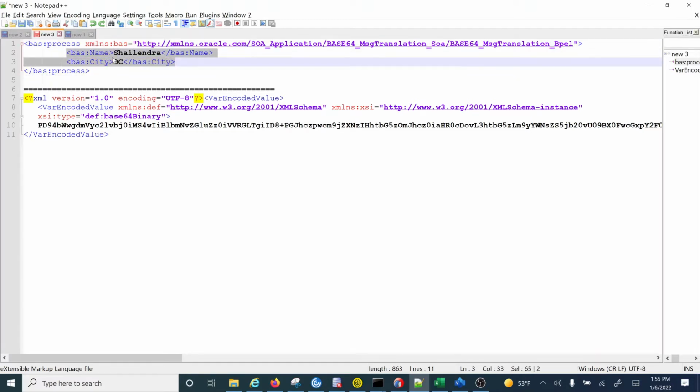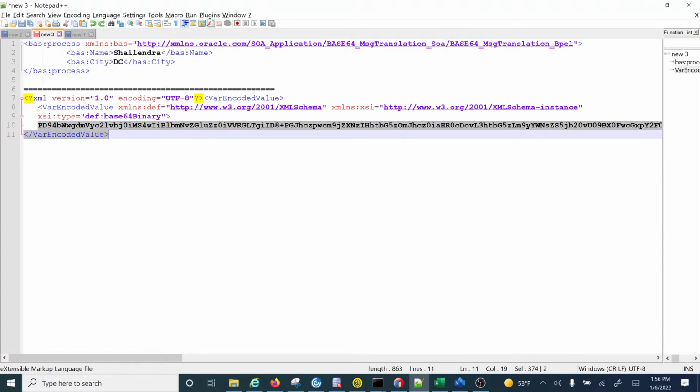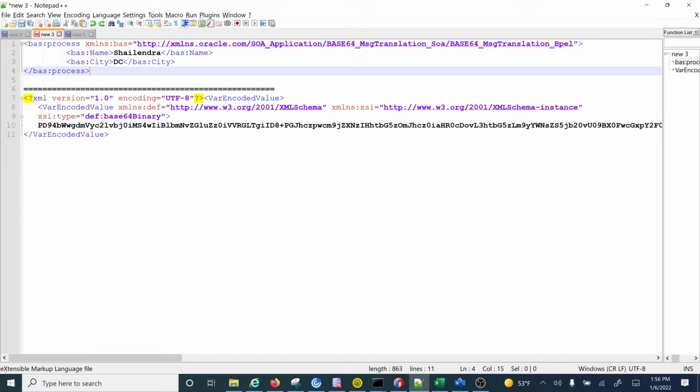This format is called the XML format, and this is called the base64 format. So the source system will always be sending the data in the XML format, but the target system can accept the data in this format to process further. I will show you in the SOA service how we can build a service which can accept the data in the XML format and convert it into the base64 format and vice versa.